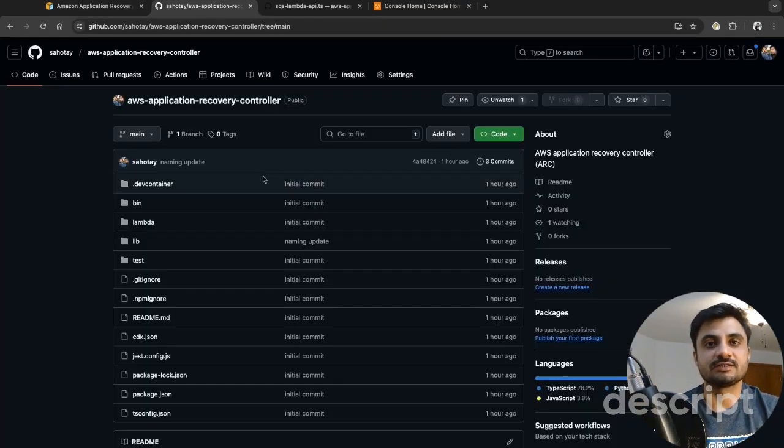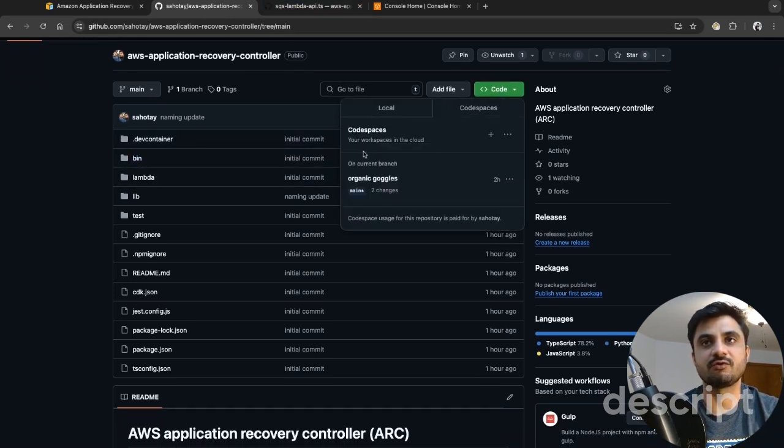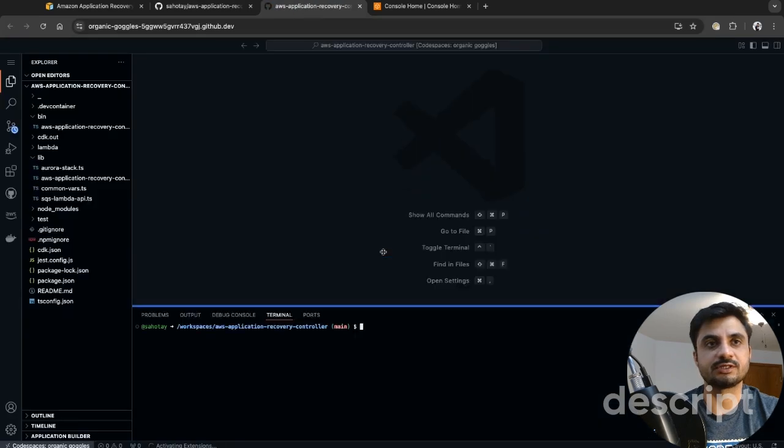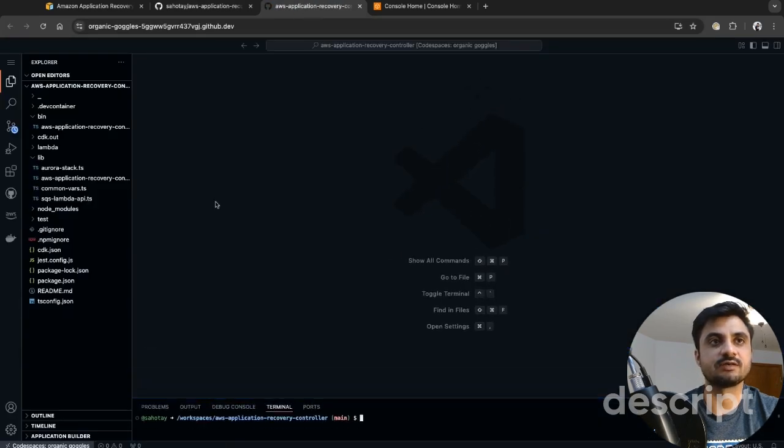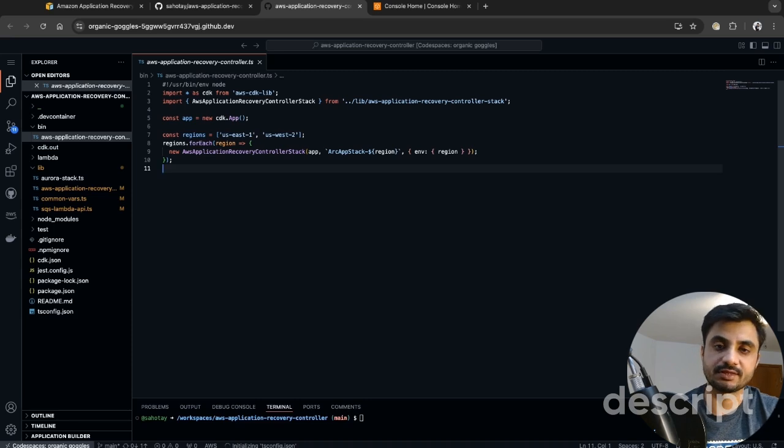Right here, I have a code repository which I had earlier opened in Codespaces. So here you can see the codespace, and I have deployed this application using CDK, which is a serverless application. There is an API Gateway backed by a Lambda function. The message goes to an SQS queue, and SQS invokes a secondary Lambda function, which places it